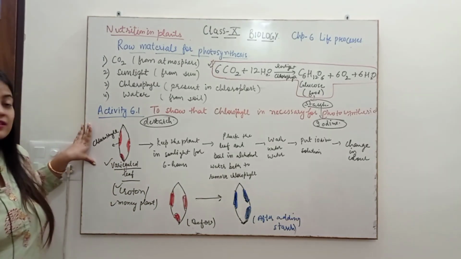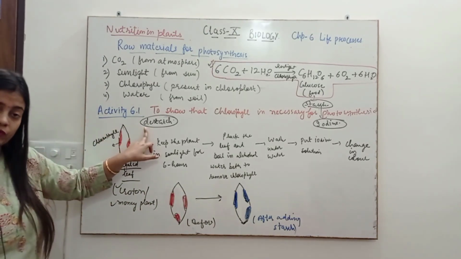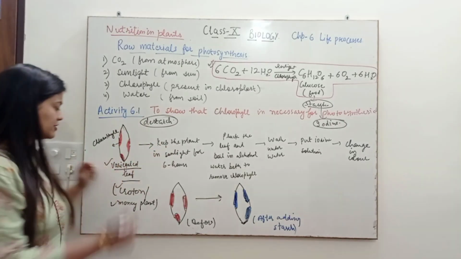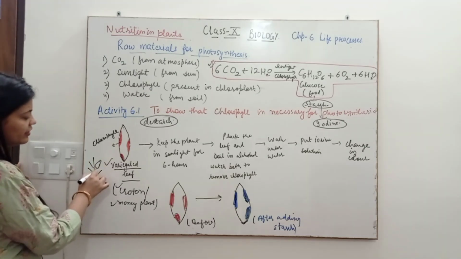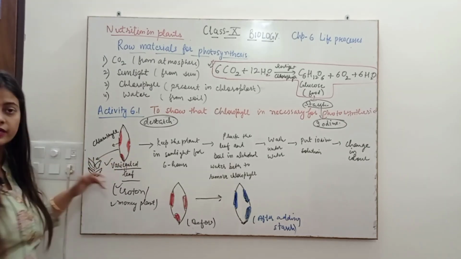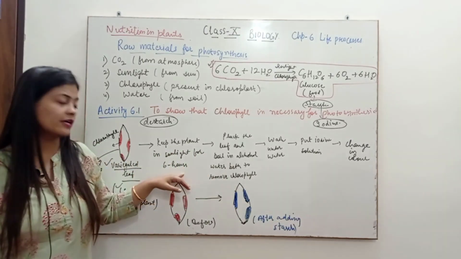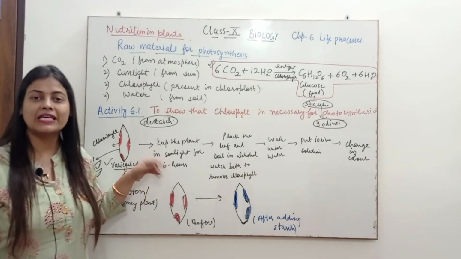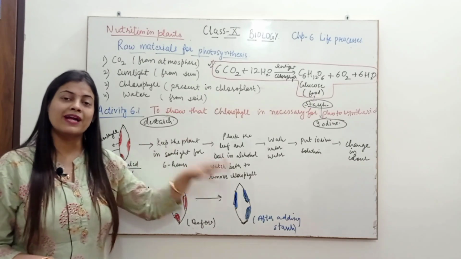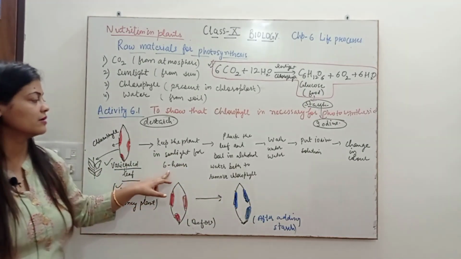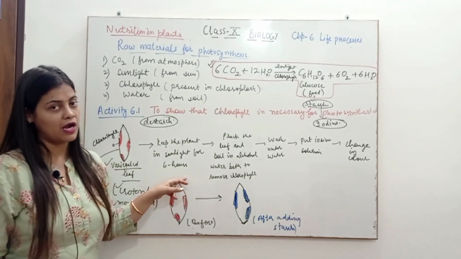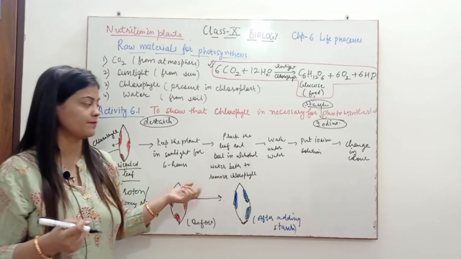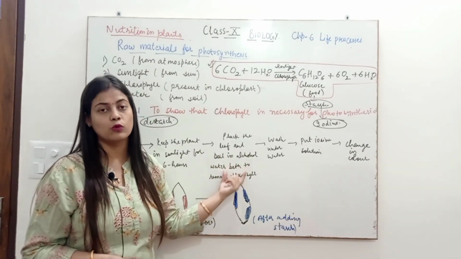Okay, now we will take this variegated leaf after doing destarching. Actually we have taken the plant, not the leaf. This is the plant which has this variegated leaf. Now we will keep the plant in sunlight for around 6 hours, because we have already destarched the plant and the starch is already finished. This whole plant is kept in sunlight for around 6 hours. After that, pluck the leaf from the plant, because we will not do the activity with the whole plant. We will take a leaf from the plant, and then we will boil it in an alcohol water bath.